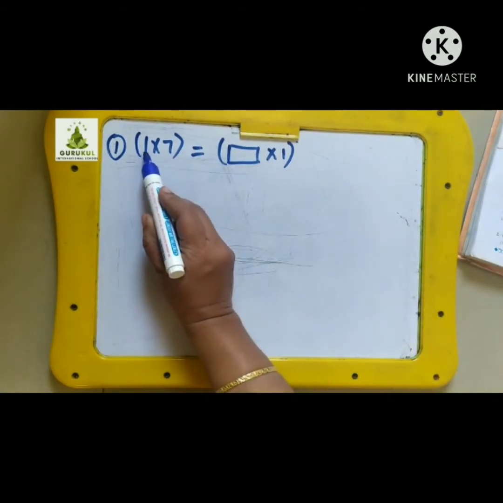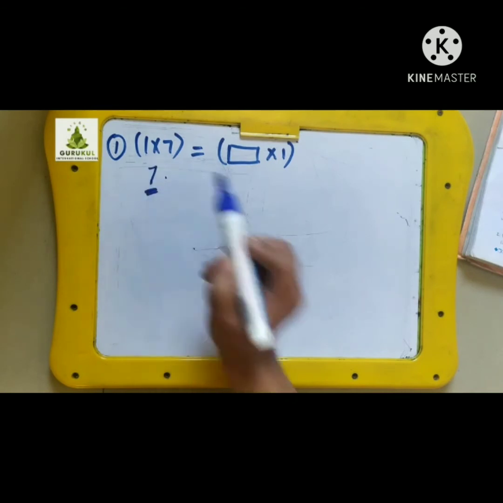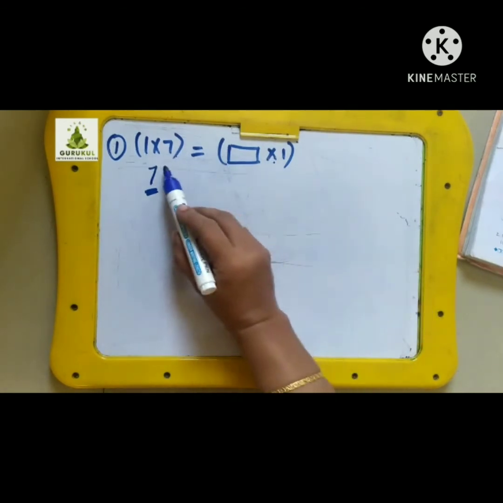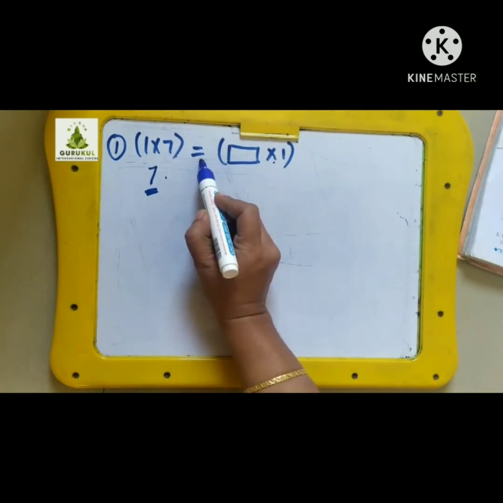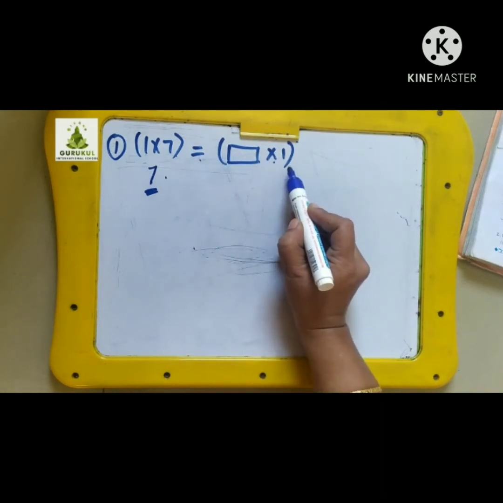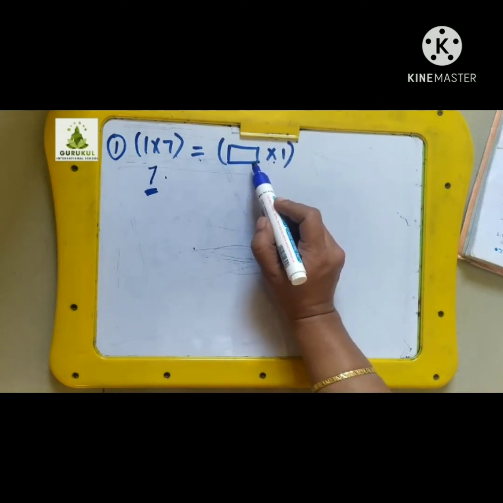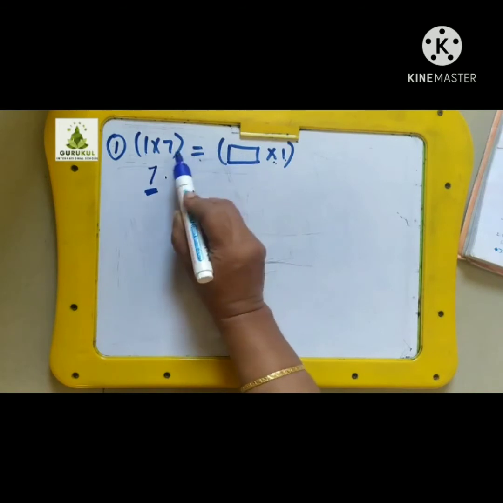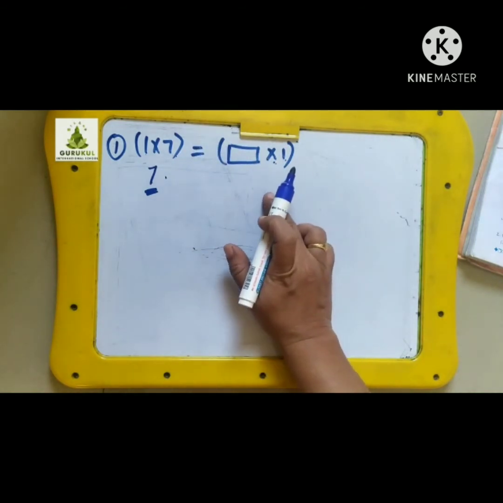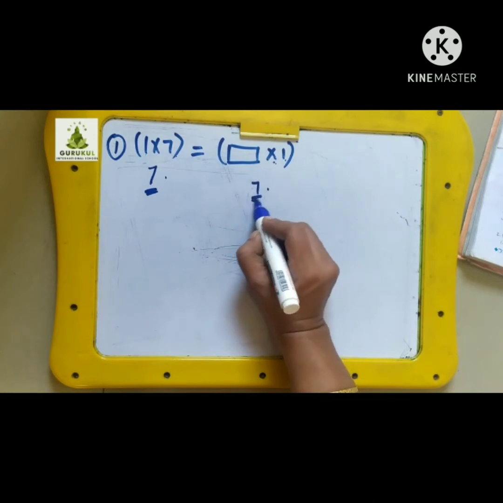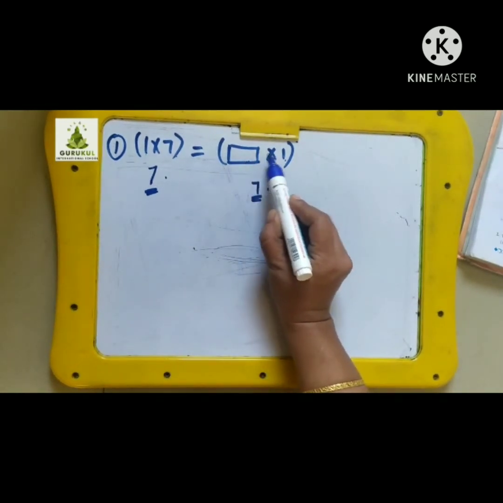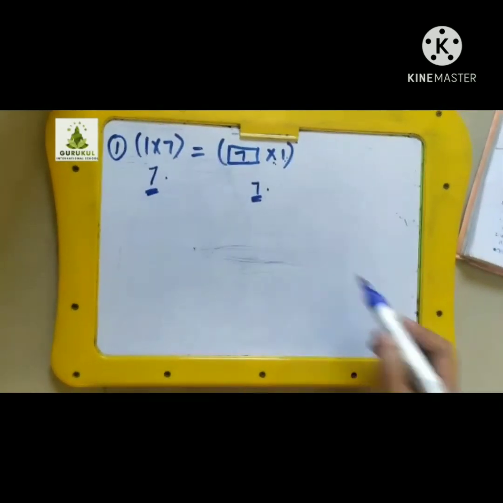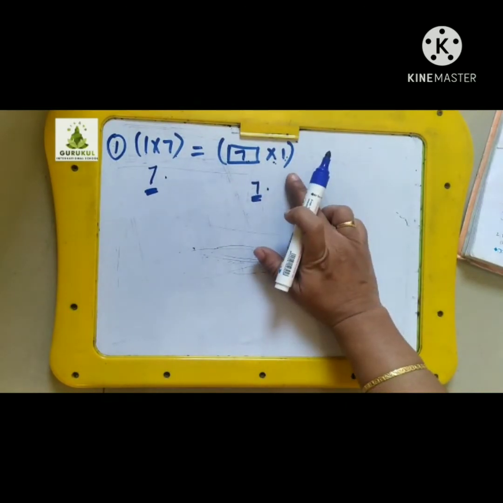See, in the left hand side you get 1 into 7. 1 7s are 7 as the number. Okay. Now they are telling you that these two expressions we are comparing and they are equal expressions. You have equal to sign. But in the right hand side expression, one number is to be identified and the second number is 1. Now if you have the expressions as equal, that means the answer for the right hand side has to be 7 only. Now what number multiplied into 1 will give you the answer 7? Correct, 7 only, 7 ones are 7. So what comes in the box here is the answer 7.